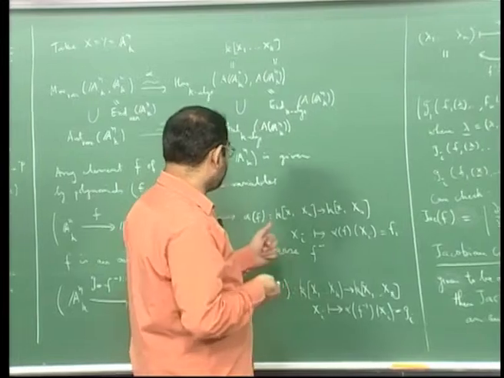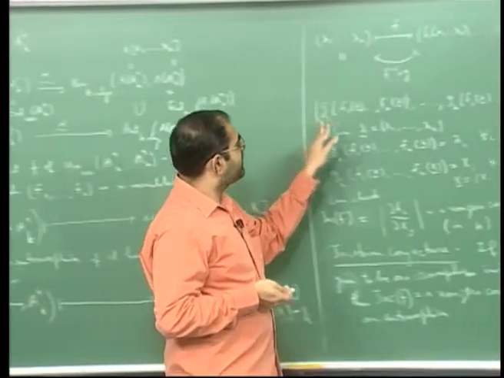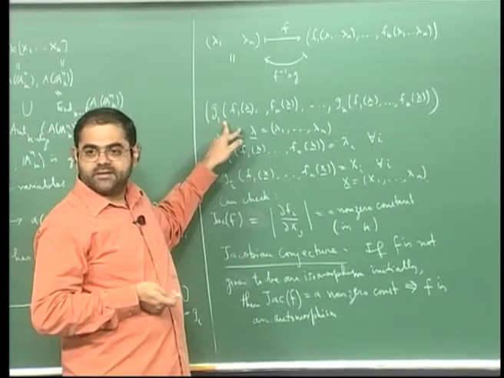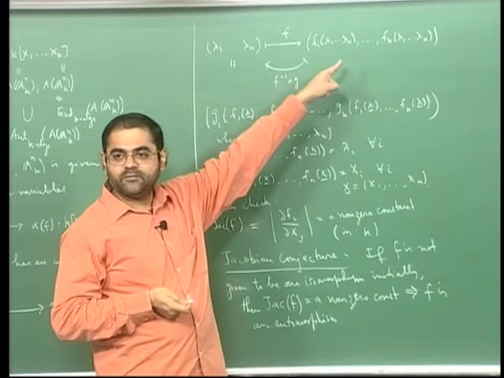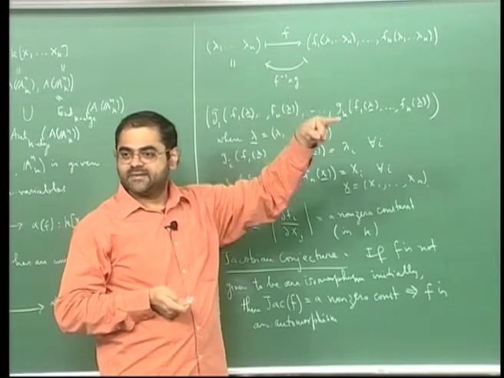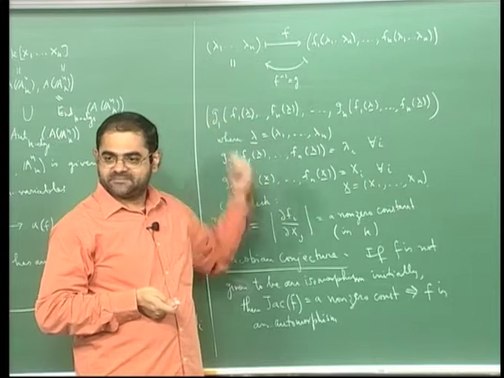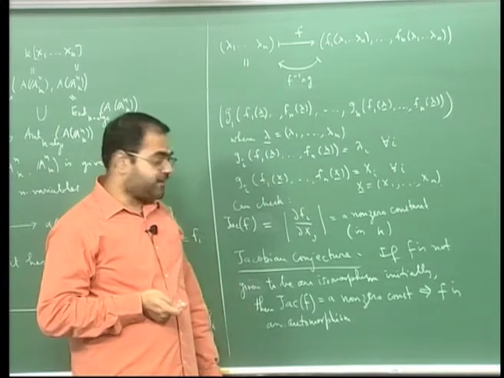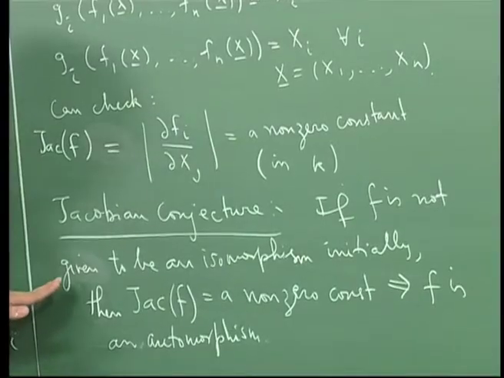That means you should be able to find another set of n polynomials which, if you plug into f, you will get back the identity. That is the Jacobian conjecture, and the point is that somehow